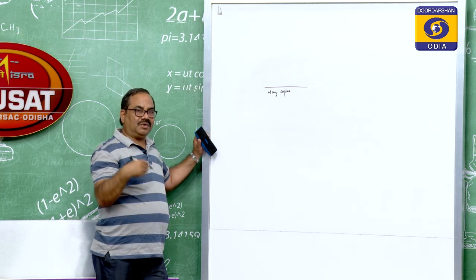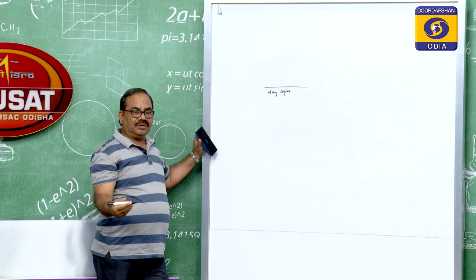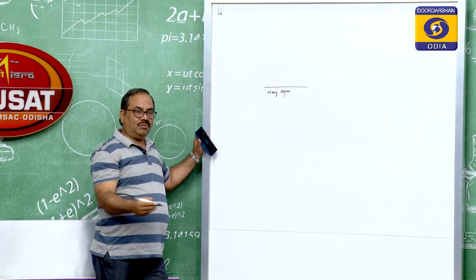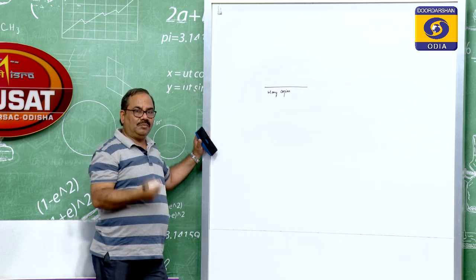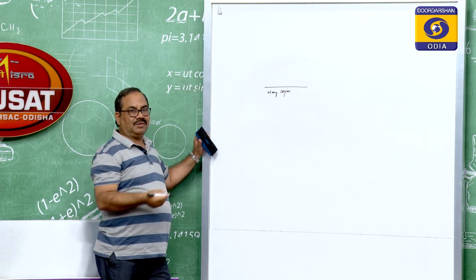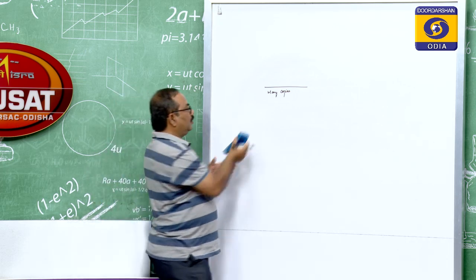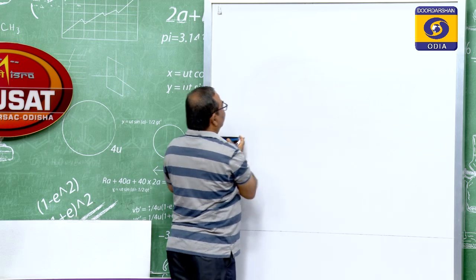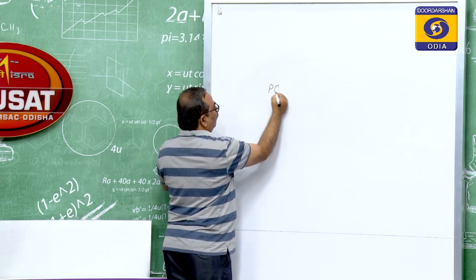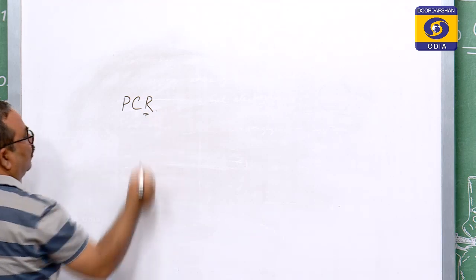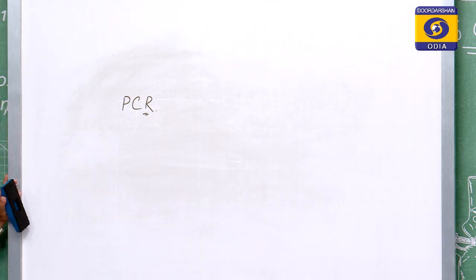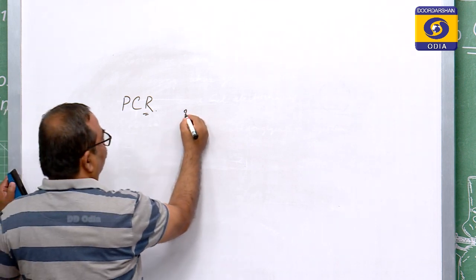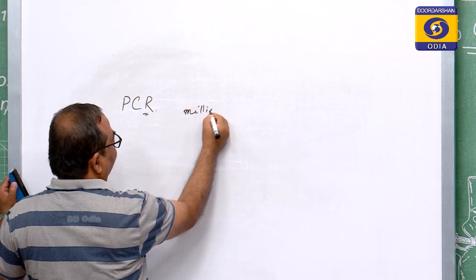The bacterium was allowed to grow in culture, and once they came to millions of copies, we were able to derive that. But now we have polymerase chain reaction instruments available. We use Taq polymerase, and using this polymerase chain reaction, we can get millions of copies